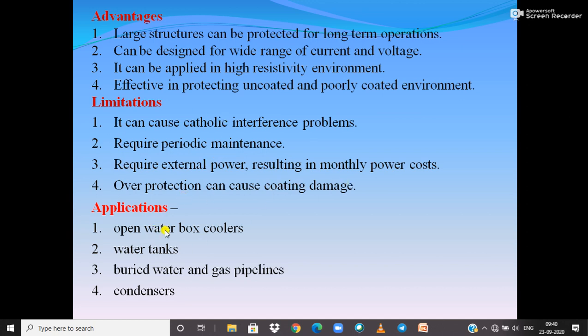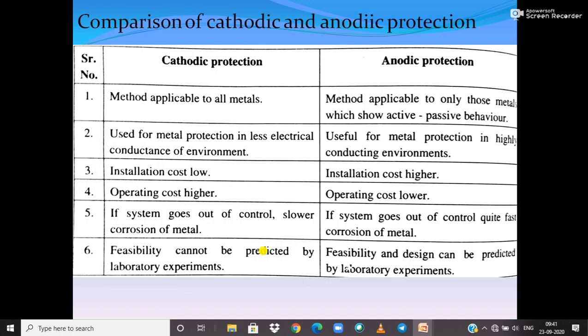Where is it applied? Open water box coolers, water tanks, buried oil and water pipes, condensers, transmission lines, marine pipes, laid up ships, all over there it is applicable. So mainly, as we can see, what is the basic difference between cathodic and anodic protection? Cathodic protection methods are applicable to all metals, and anodic is applicable only for those metals which are